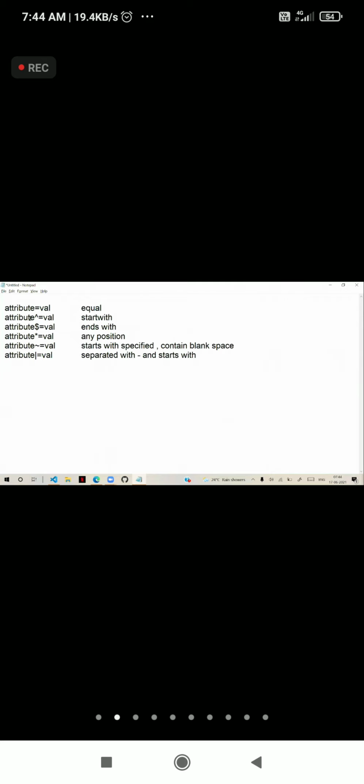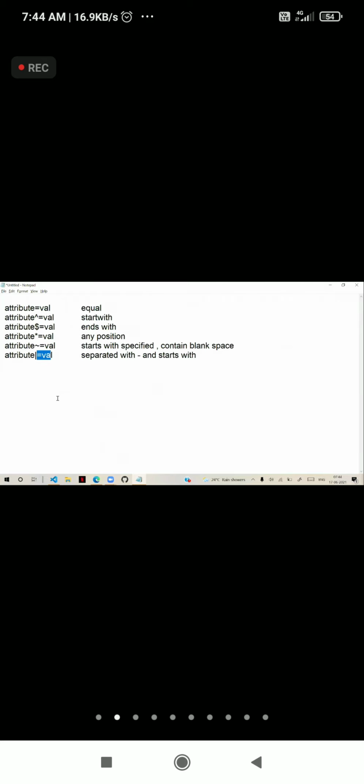So equal, direct matching. This is starting with, this dollar is ending with, this is any location, this is containing blank space, this is containing hyphen but starts with and contains hyphen. So these are all attribute selectors.